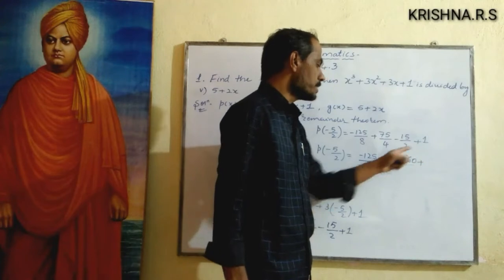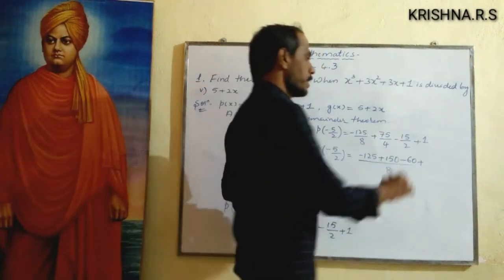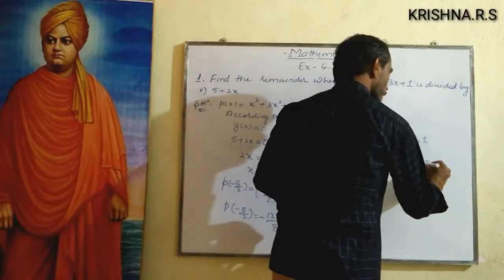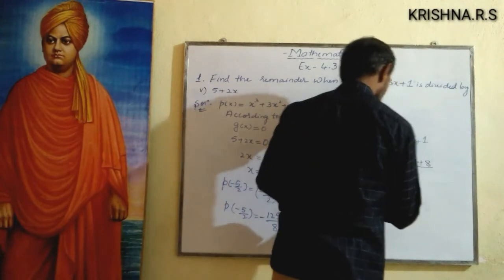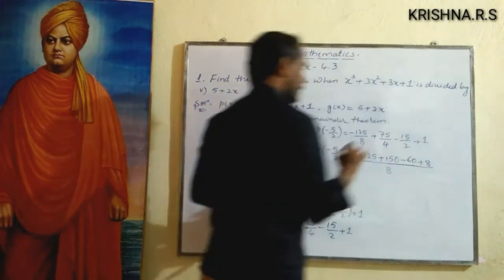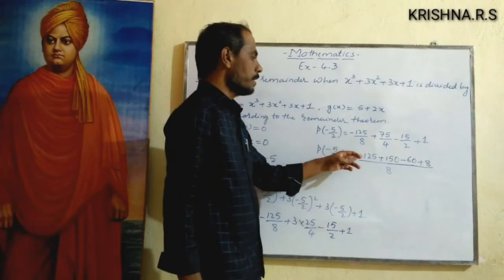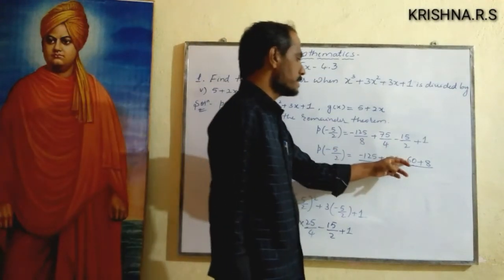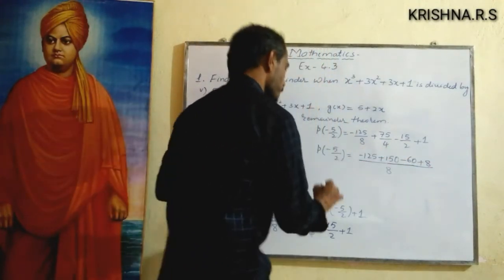Okay, one, how much the 8? 1 8 means multiplied by the numerator 8, then 1 8 is 8, the whole divided by 8, minus 125 plus 150 minus 60 plus 8. Okay, P of